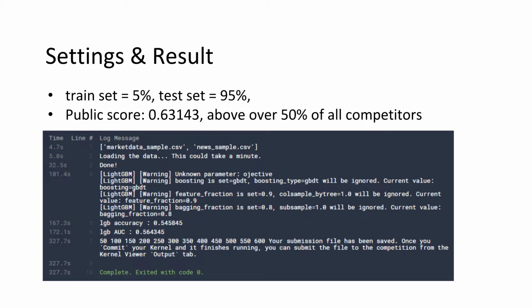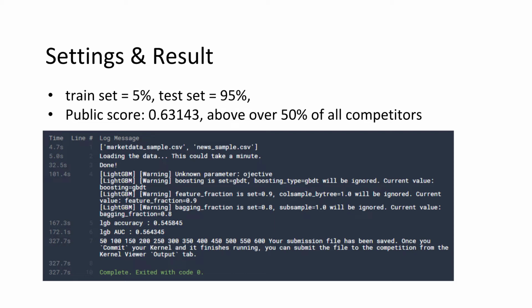So that's why I decided to set the train set at about 5% and then use the remaining 95% for testing. In this model, I pretty much left the parameters of the machine learning algorithm at default, but set the feature fraction at 0.9 and also the bagging fraction at 0.8,